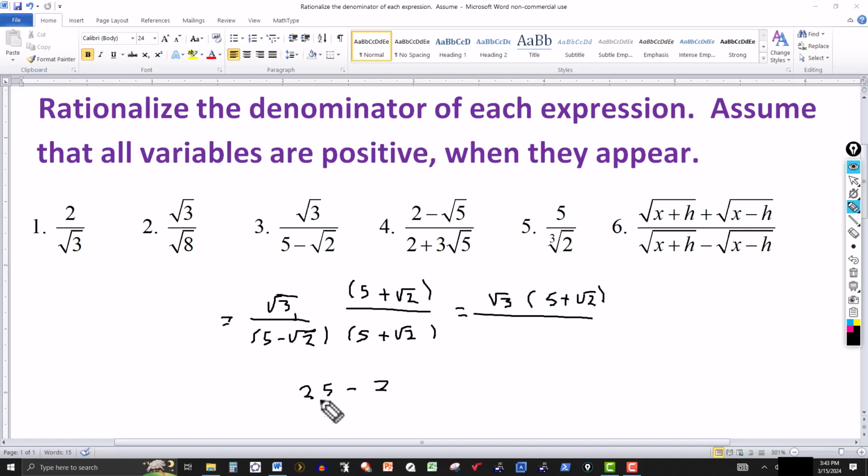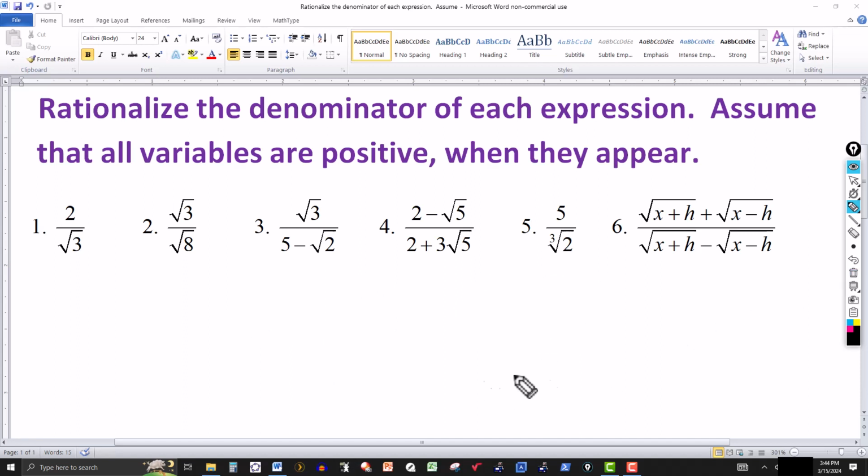And then the denominator, I have 25 minus 2, that's 23. So for number 3, I get radical 3 multiplied by 5 plus the square root of 2 over 23. And number 4 is similar to number 3, got 2 plus 3 radical 5 in the denominator, so we're going to multiply by the